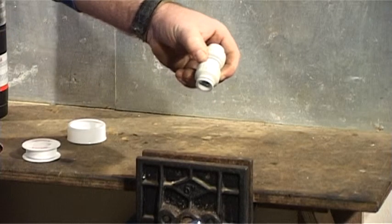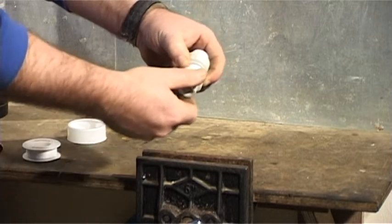This is the speed fit or push fit connection and is very simple to use. You simply loosen the